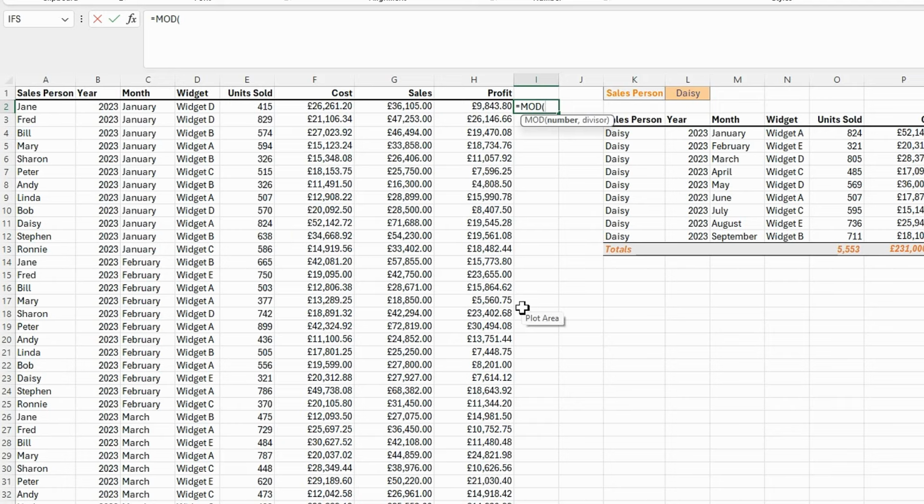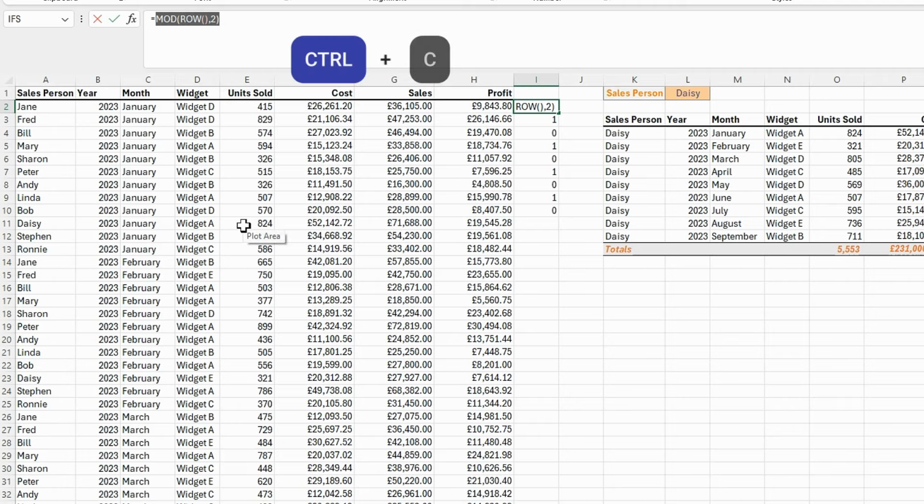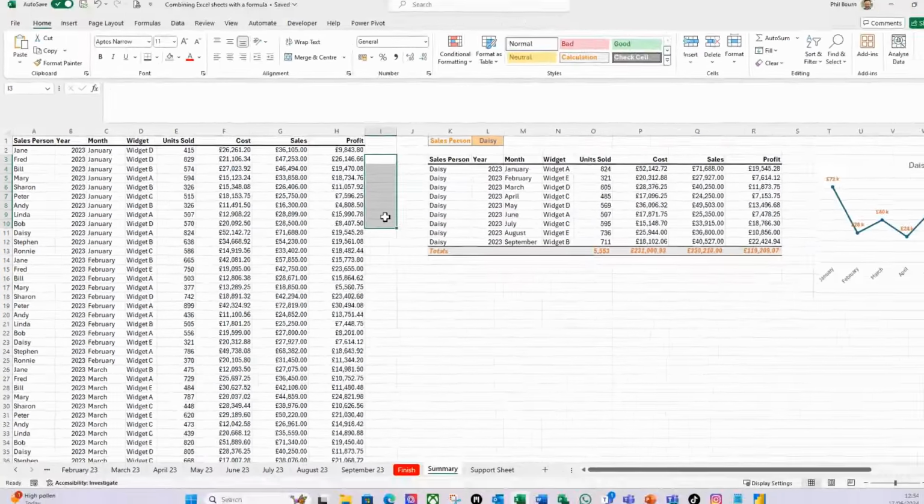So if we use the row function as the number, so this will be row 2, and the divider is 2, I'll close that bracket, I get a 0. If I put it to an odd row, I then get 0, 1, 0, 1, 0, 1, using that formula there. So if I just copy that and do a control copy and escape, and then I don't need those there, so let's just get rid of these. Applying that logic,